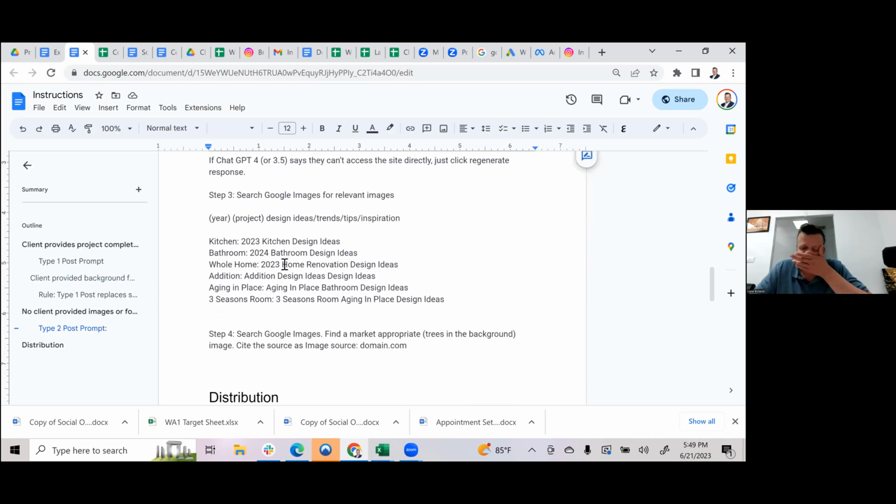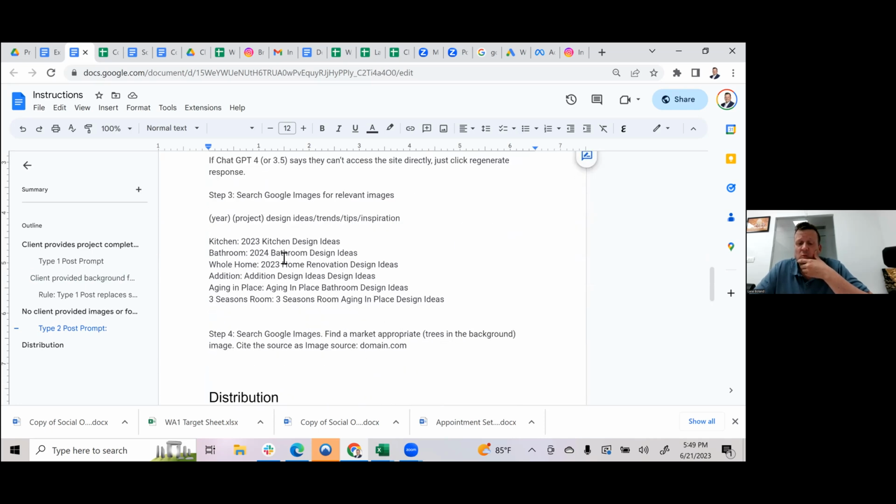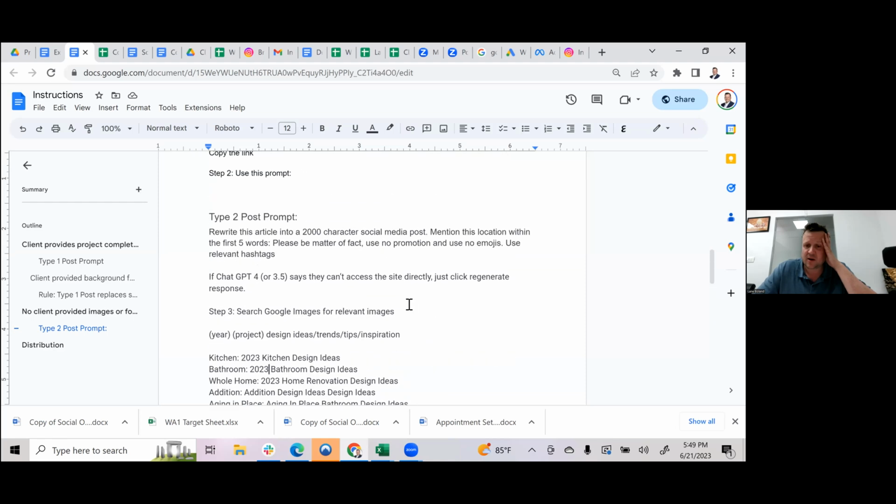And so what I do is I'll go out and find a website. This is a big ChatGPT hack. I will search like 2023 kitchen design ideas, 2023 bathroom, whatever the product is: year, product, ideas, trends, tips, inspiration. I'll take that URL and I'll include that in my prompt. And what we get,